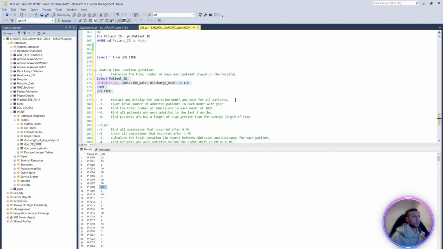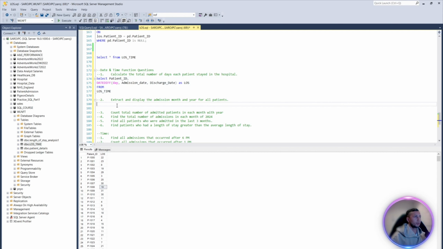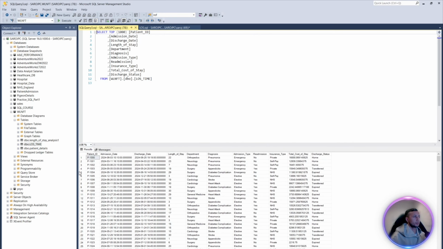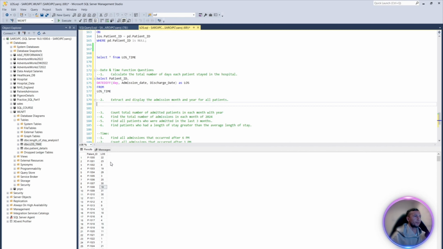Let's go with another question. Extract and display the admission month and year for all patients. So we need patient ID, and from the admission date we need to extract only the admission month and the year. Let's write our query. Select